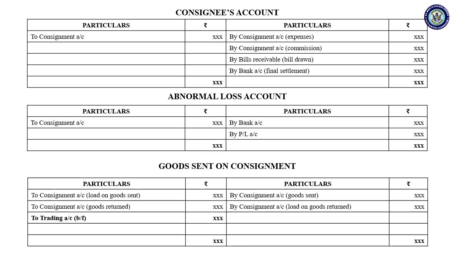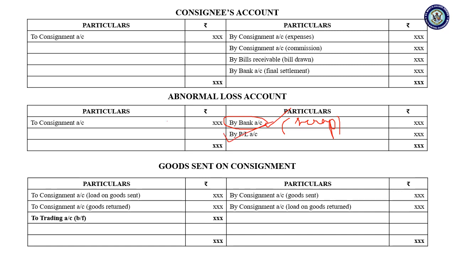So what is the journal entry? Bank account debit to abnormal loss. So bank, to this money, that is for realization of loss. There is a loss, you sell it, that is scrap. You can call it scrap also. If you sell it, the money you receive is scrap. The remaining loss is transferred to the P&L account.